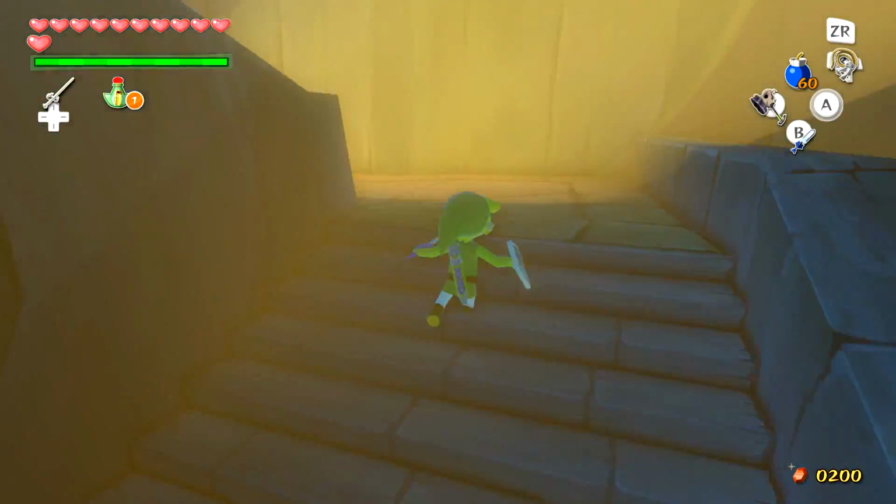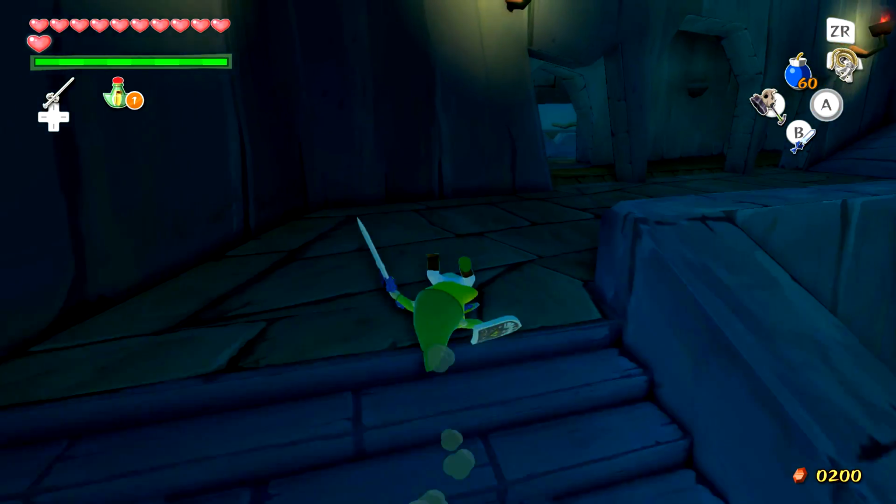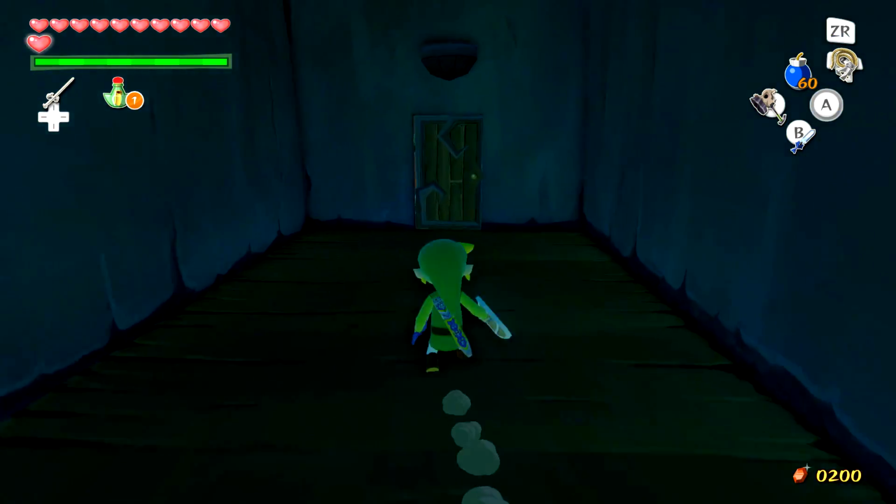Anywho, like I said, I'm just gonna avoid the mini blins. I'm gonna avoid all of the searchlights. I'm gonna avoid everything this area has to offer, because once you do get the hammer, everything's pretty much smooth